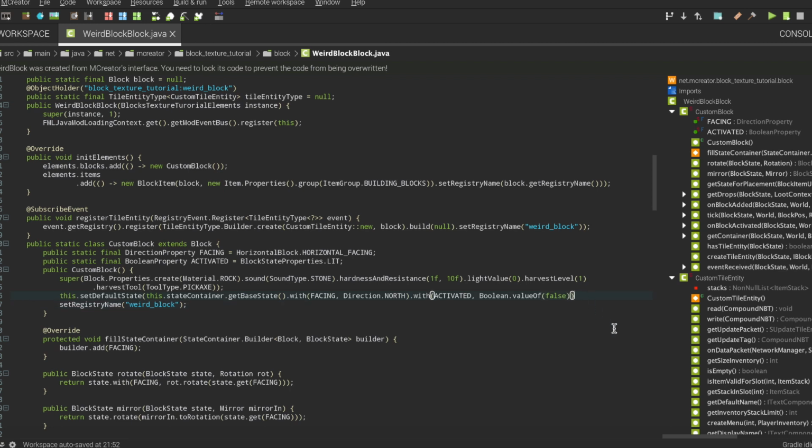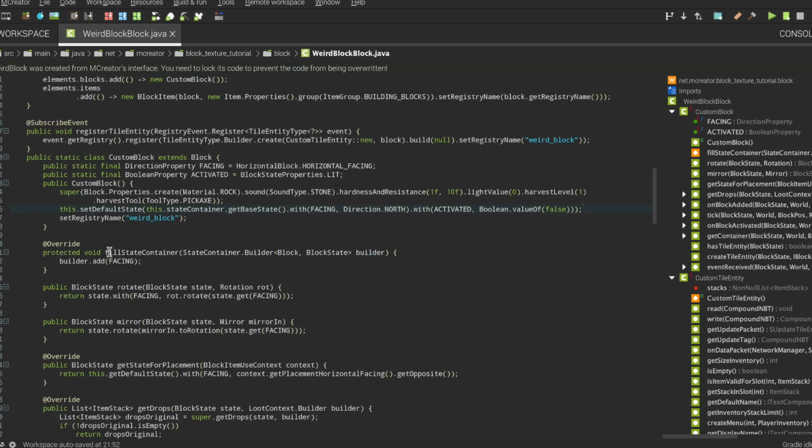Then we're gonna close this and add this. Then here in the fillStateContainer protected void we're gonna use a comma and ACTIVATED. Okay, so now we're good.